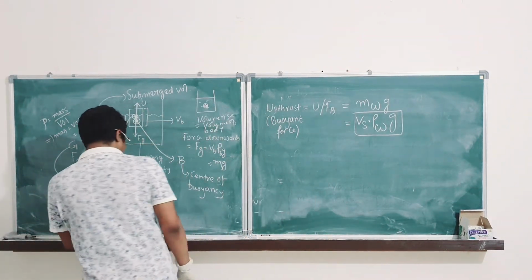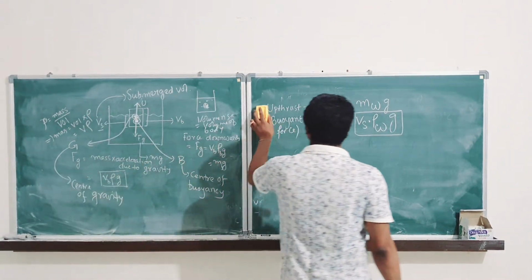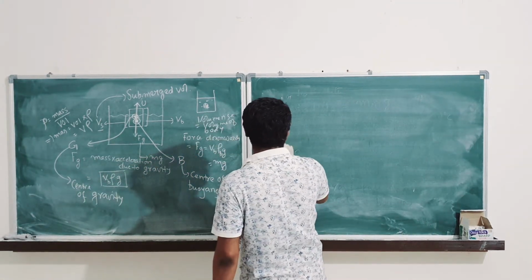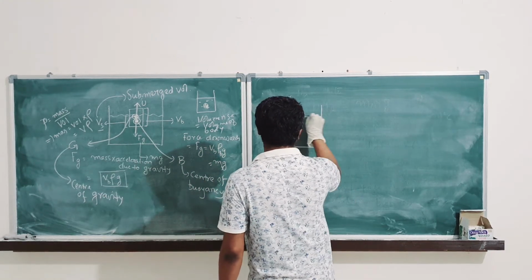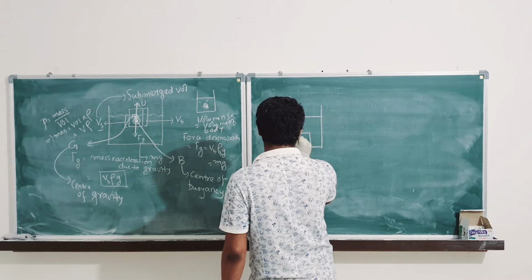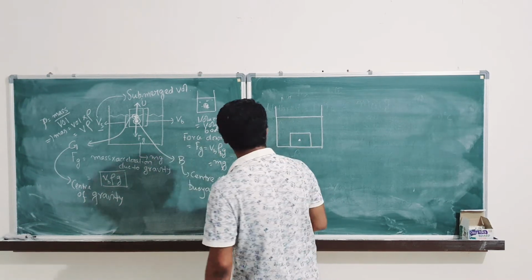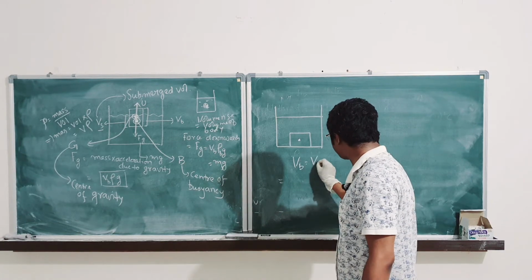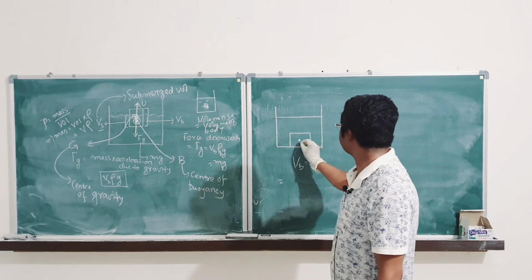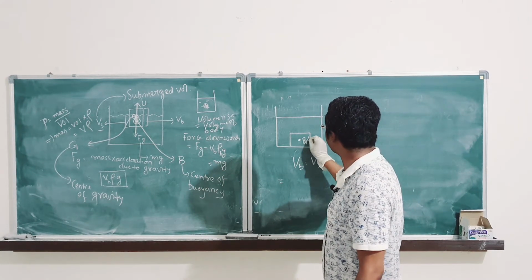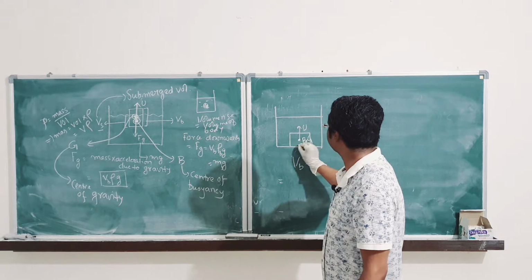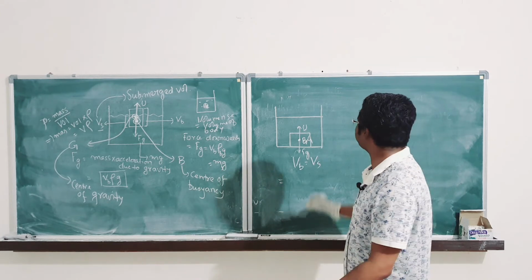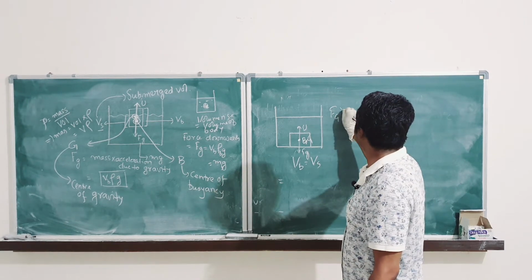Now we will take 3 cases. Case 1 is this one. There is a fluid, here is the body that is submerged. Okay, body is completely submerged. In this case the volume of the body is equal to the submerged part, right? So in this case center of buoyancy and center of gravity match. Okay, this is upthrust, this is Fg. So the body has come down. What does this mean? This means Fg is more than U.